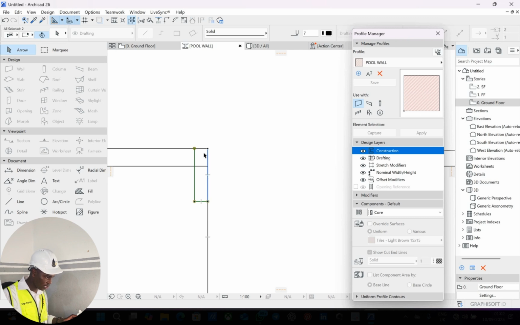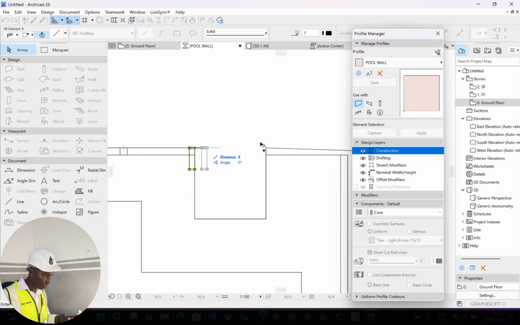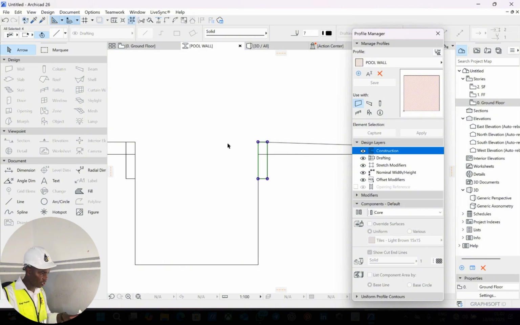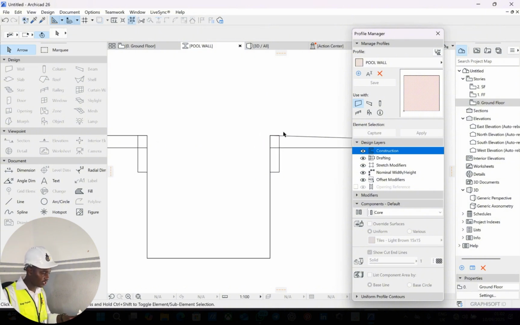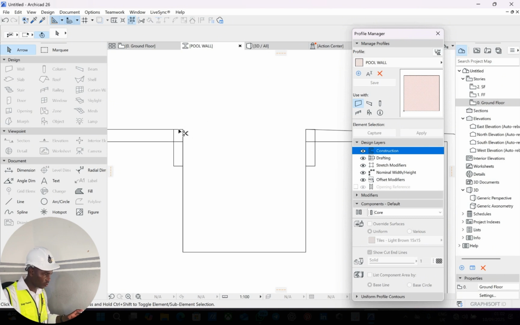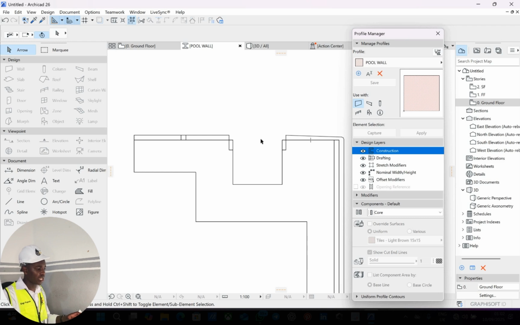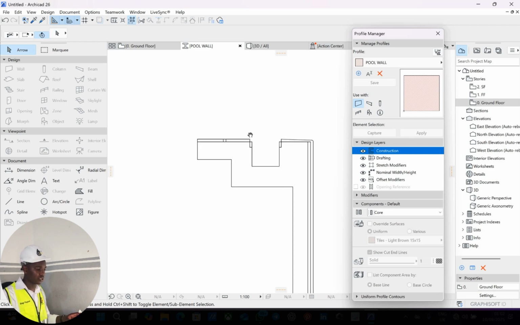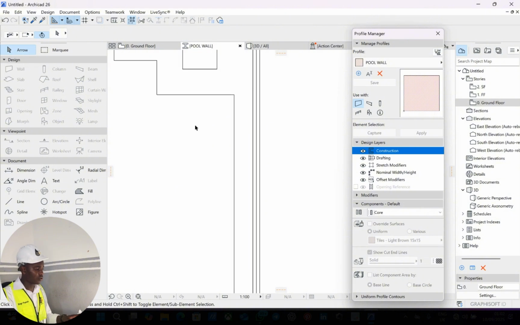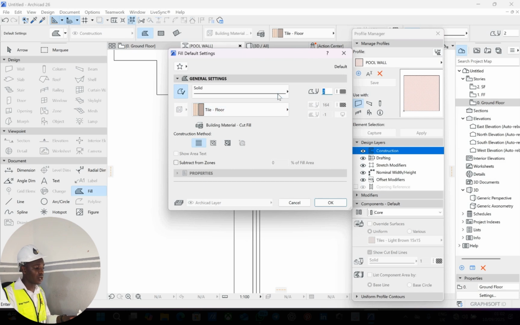You press Shift to select it. You join, or you just Control Shift D. You duplicate it. You take this end and place it here. Okay, this is what you have. Then when you have this now, you delete here, you delete here, and you continue deleting. You delete this too until you have something like this. Now we are going to cover this gutter with something later. We are going to see. Now you go and fill. We can now fill